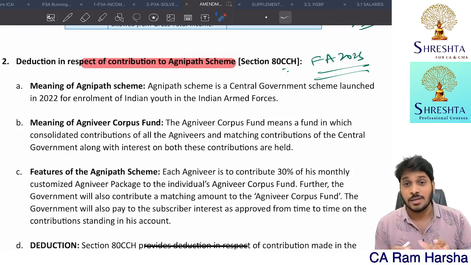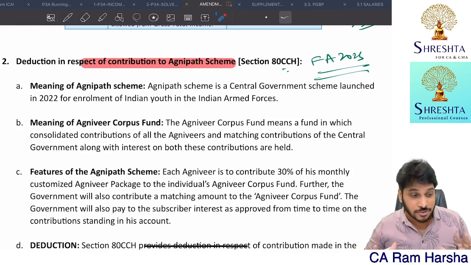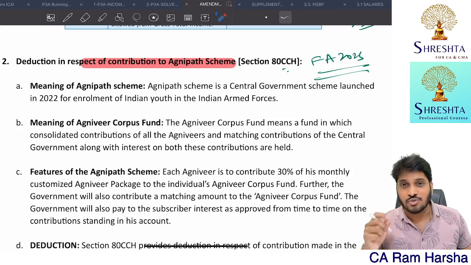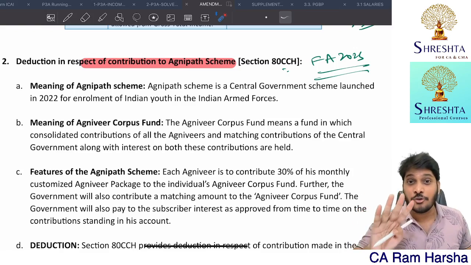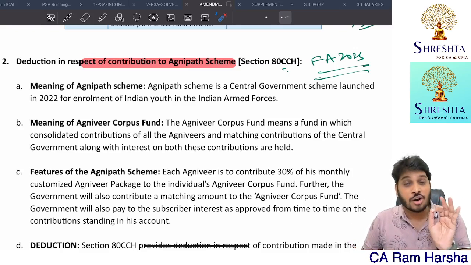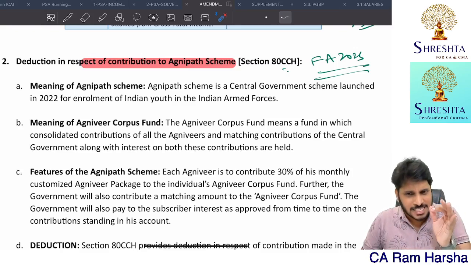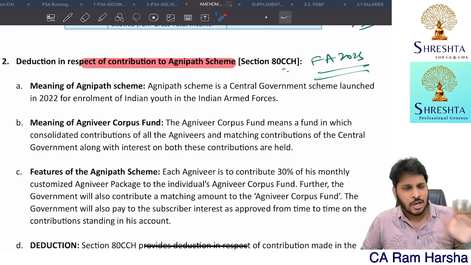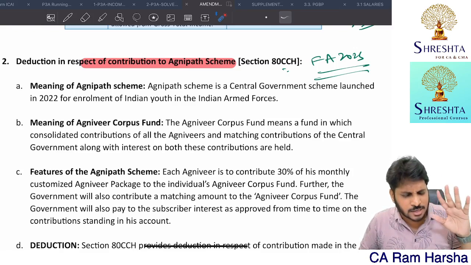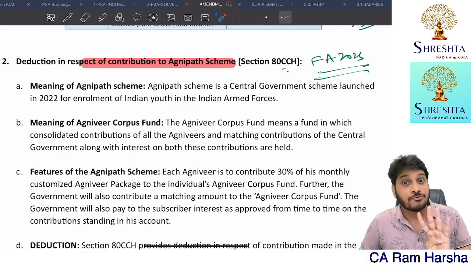What is the scheme? Very simple. People who are aged between 17 to 21, 22, especially 18 to 22 age group, they are allowed by the government of India to join Indian Army and serve 4 years for the country. And all these 4 years, you are paid honorarium. We call it a salary, nothing but whatever amount that you are getting from government of India for joining the Agnipath scheme, that is taxable for you under income from salary. You are eligible for Chapter 6. You are eligible for standard deduction, all that. You are an employee of the government. That's it. You are an employee of Indian Army. That's it. For 4 years.